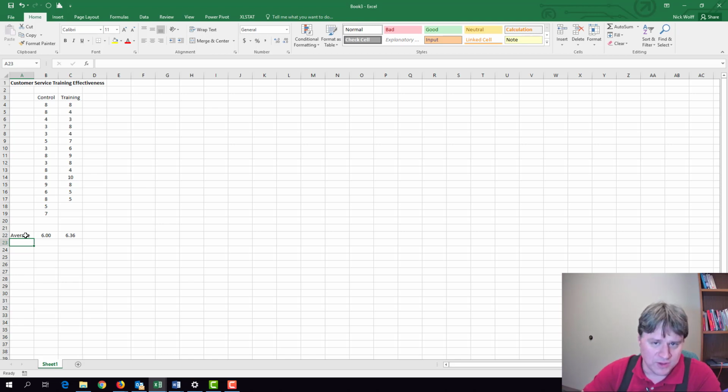If you recall some of the videos that we've posted here about how these scores should be normally distributed, so they are in a bell curve shape here. And if you take a certain number of people from that distribution, the average might be 6. And if you take another sample of individuals, maybe the score is 6.36. The question is, are those two distributions the same,